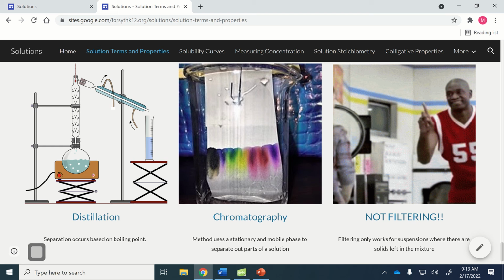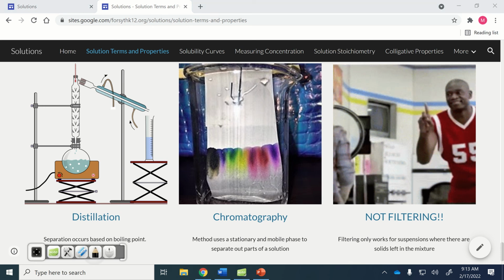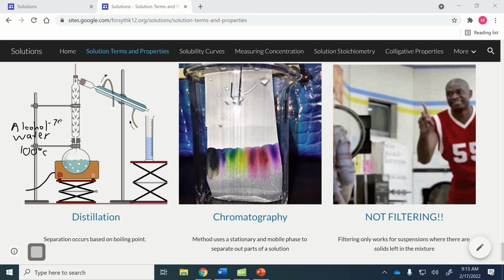I've done this a lot of times, where basically you heat up the whole solution, and some of the particles will start heating up, and the ones that have the lower boiling point, yes, there will be... so sorry, let me go back with this. Let's say I have an alcohol and I have water, okay? Water would be 100 degrees Celsius, and let's say alcohol is 79 degrees Celsius is the boiling point. When it reaches 79 degrees, you'll see it start bubbling, and it looks like the whole thing is bubbling,